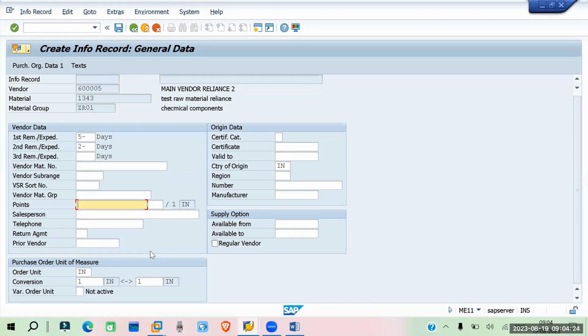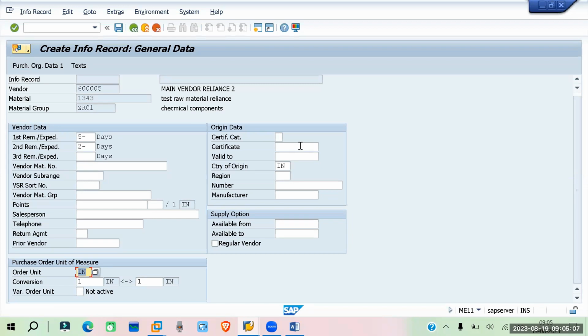Okay, so next you have the purchase order unit of measure. So in the purchase order, what unit should be there? This is inch. Okay, so if you are taking a different order unit, then you have to provide a conversion rate. Let's say you are taking 1 foot, then you have to give 1 foot as 12 inches. Okay, so likewise you can make a conversion field over here. Let's say you have storage, or an order unit of, let's say, gallon or any kind of other things, so you can provide a conversion over here. Okay,